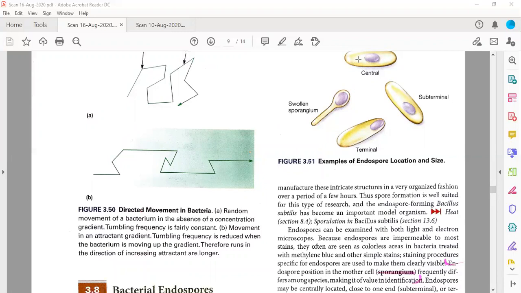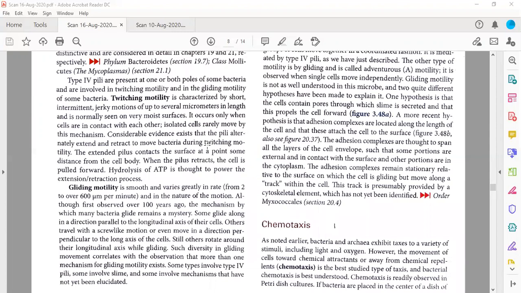Do you have a query, or are you able to understand this point? This is important. If you have certain query, please ask me at this point. Otherwise,